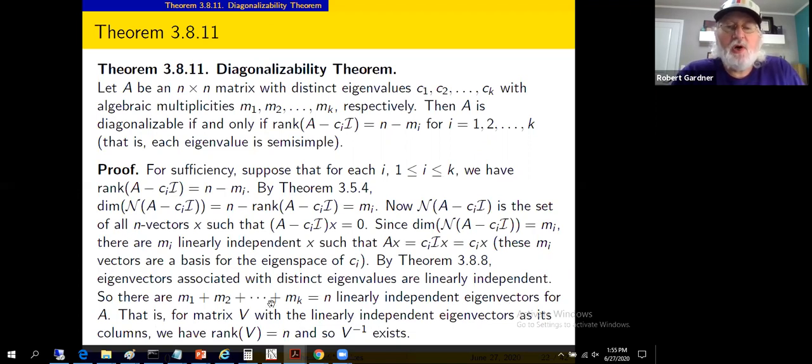We just argued all n of them are linearly independent. So the rank of V is n, so V inverse exists. So make matrix V by using that list of linearly independent eigenvectors we just found. V will have rank n, V will be invertible,